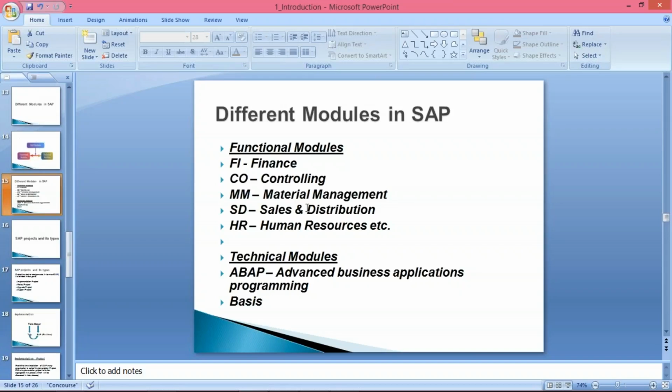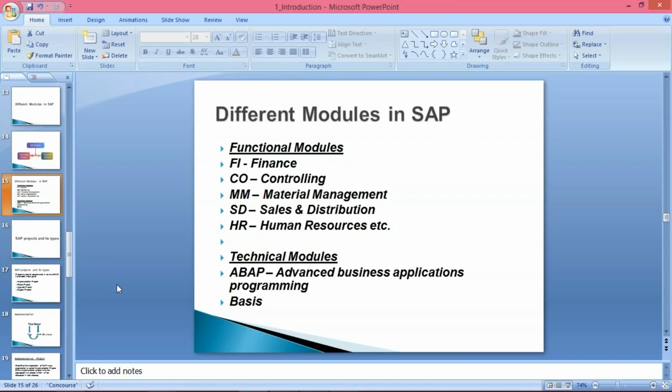Once you become a consultant, you'll come to know, and these people also will be sitting on almost the same floor along with the functional consultants. Once I start the practical session, you will come to know the differences between functional consultant and technical consultant. It means what your activity is, and what activities belong to these people, the ABAP consultant and Basis consultant, what kind of things are being performed by these guys. You will be able to understand all this once we start the practical session. So guys, this is a kind of introduction which I have given about SAP.